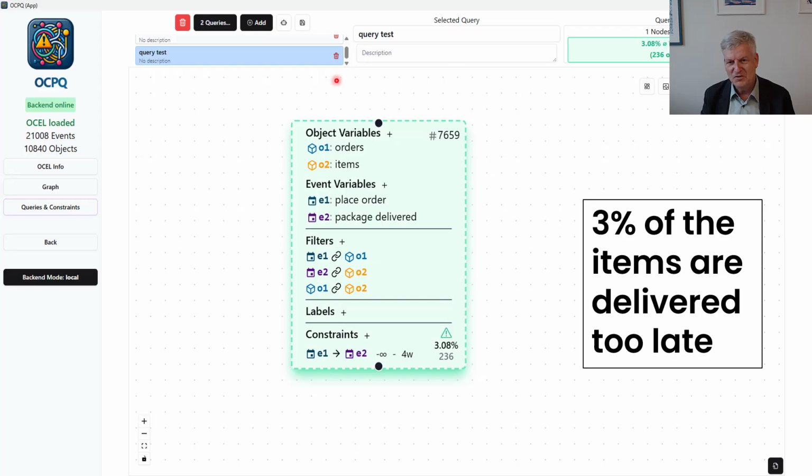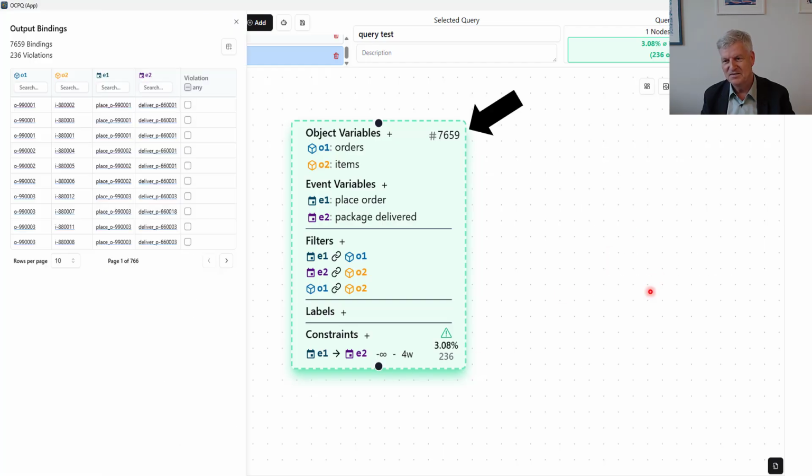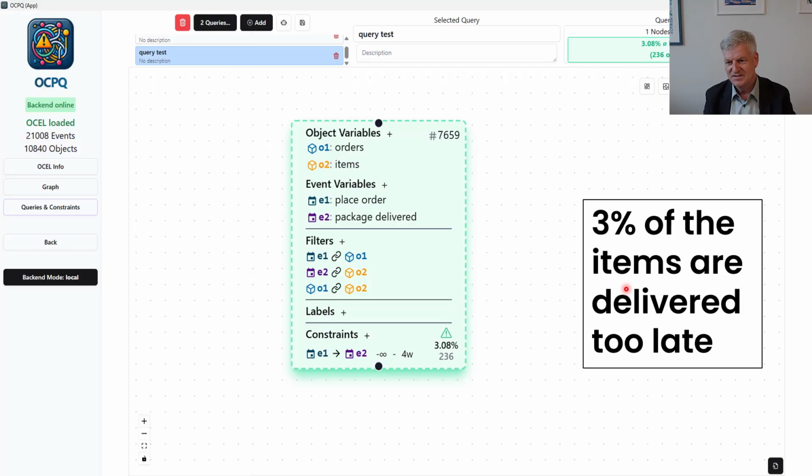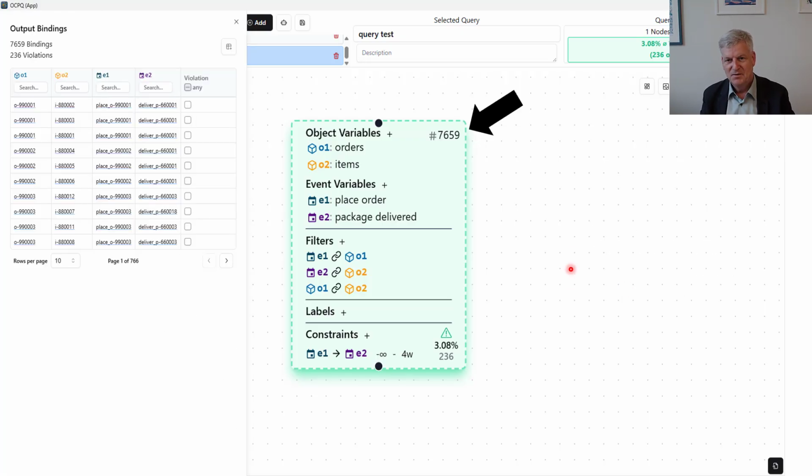And this is almost always satisfied. That's why the box is green. In 3%, this is violated, which corresponds to a bit more than 200 combinations of these attributes. So these are the violations. Very briefly in natural language, you could say 3% of the items are delivered too late. We can click on this number and then we see all these almost 8,000 combinations of